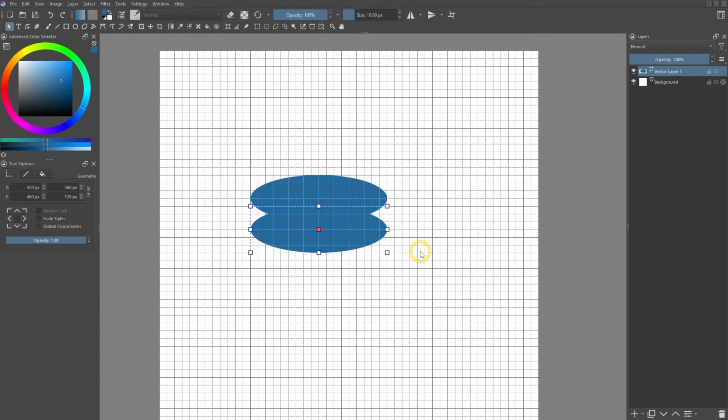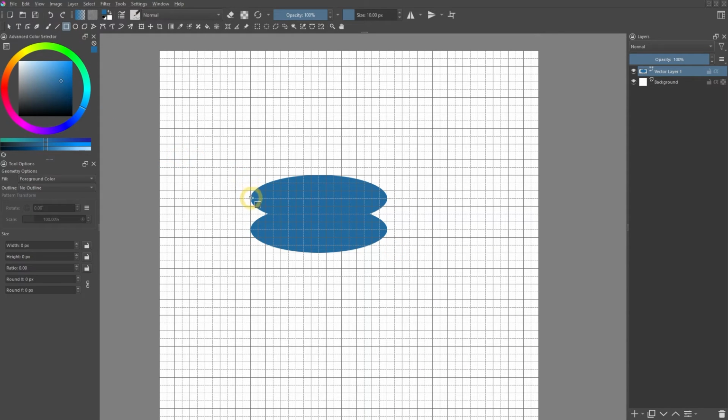As you can see, the grid and the snap features make it a lot easier to position the objects. Next, we want to create a rectangle that connects the ends of the ellipses. Activate the rectangle tool. Then create a rectangle by click dragging from the left point to the right point at the ends of the ellipse. Then reactivate the Select Shapes tool.